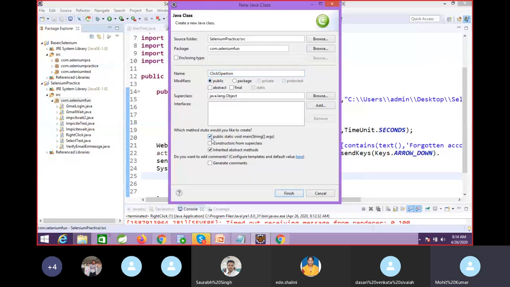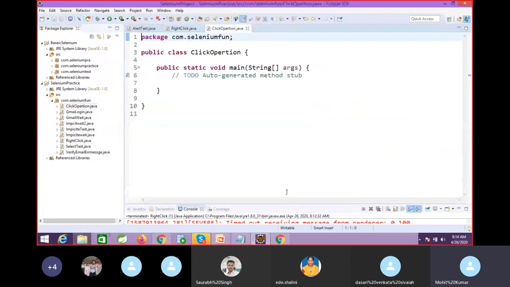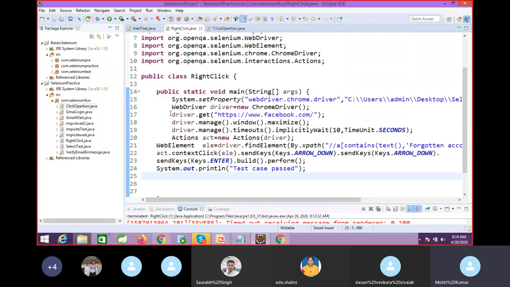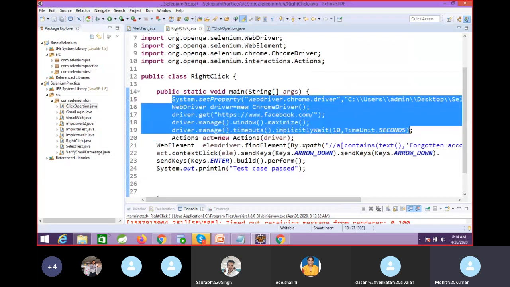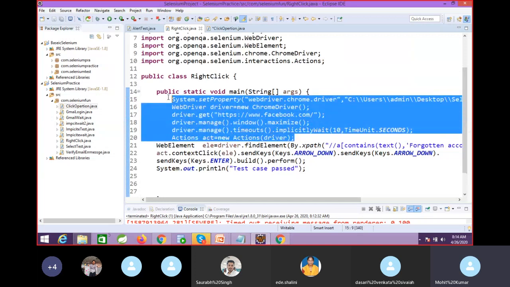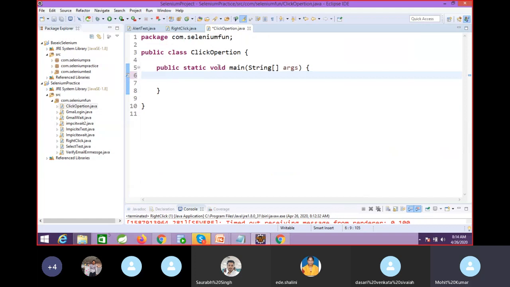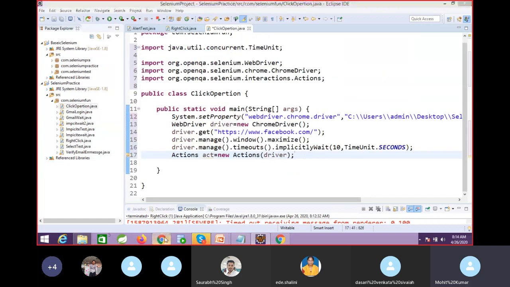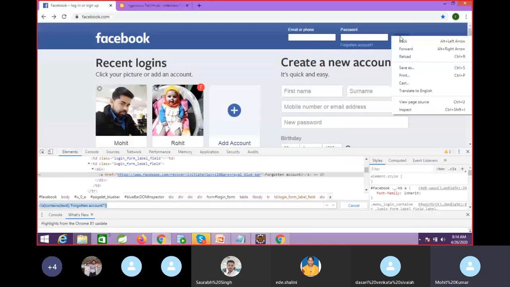Same code, I'm going to copy. We just need to change the element and the method. That's it. Even the URL is also the same. And from here we can copy, right? This is your common code. Here you need to find this element, this one.